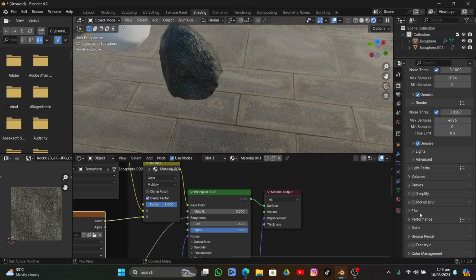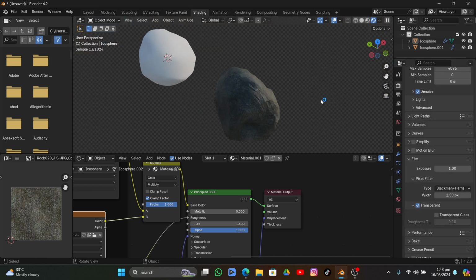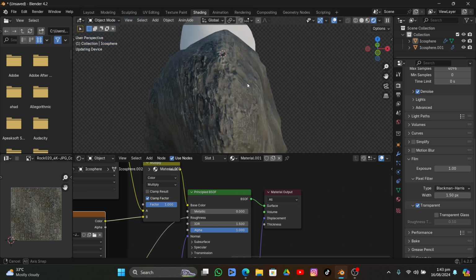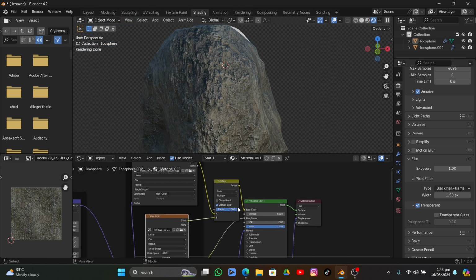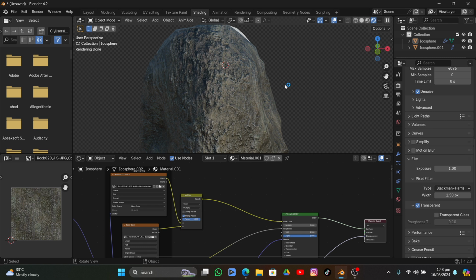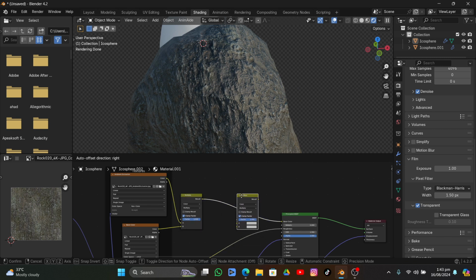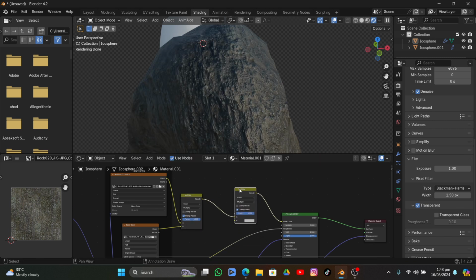In render, I'm gonna scroll down under film and click transparent. So here we go. Now we can make it a bit farther away from it, something like that. Right now it's looking fine, but if we just duplicate this one, Shift D, duplicate and grab it somewhere right here. And again, I'm gonna click add,